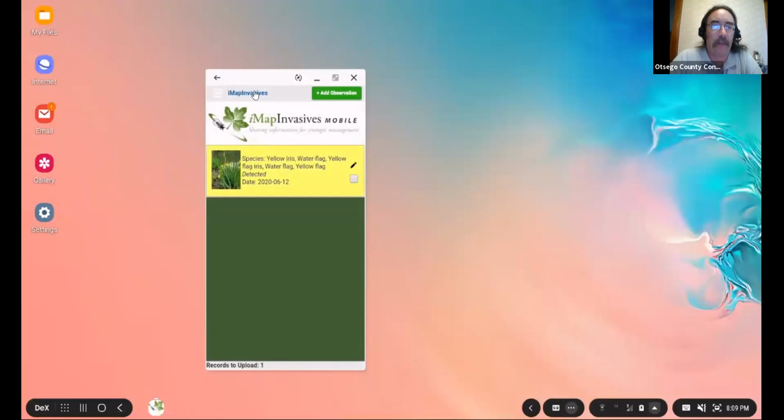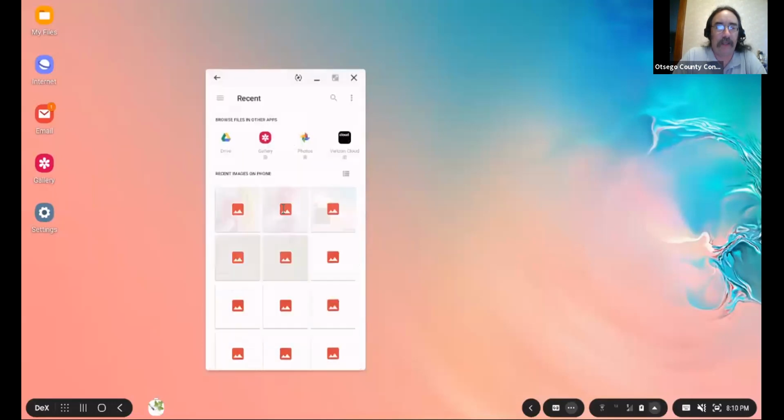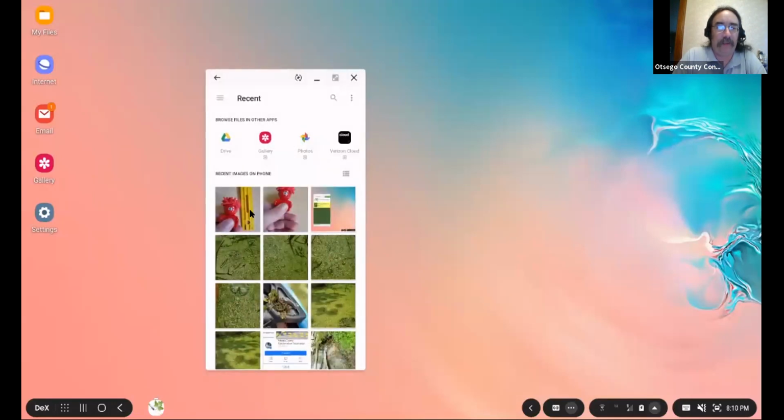All right. So what we want to do here today, and again, if you have your device handy, we can go over and click the Add Observation. Okay, and this is what should come up. The first great option is to take a photo using the camera, which is usually what you're going to do. If I do that, I will get a picture of my table. If you have taken a photo elsewhere, you can also select a photo from a library, and it will go to your phone.